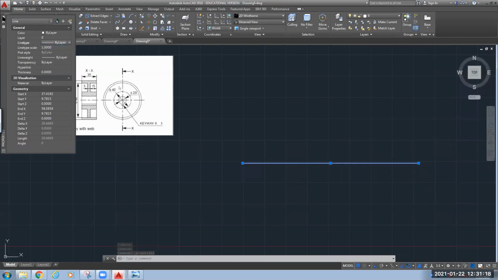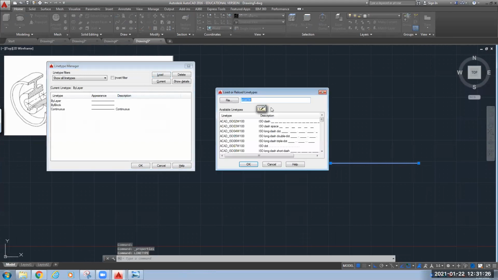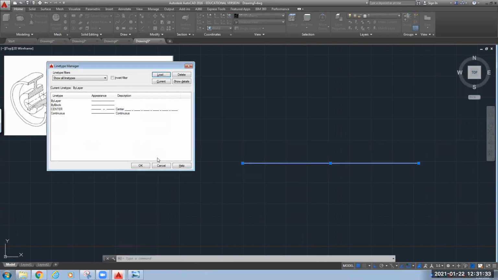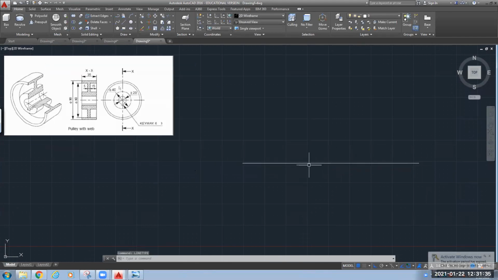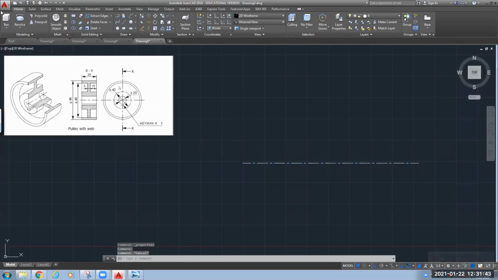Here it is not showing the center line, so load it with the command linetype. Click on Load and select center from here. Click OK. Now change its property: right click, go to properties, line type, change it to center.